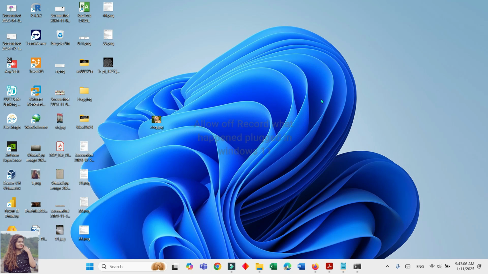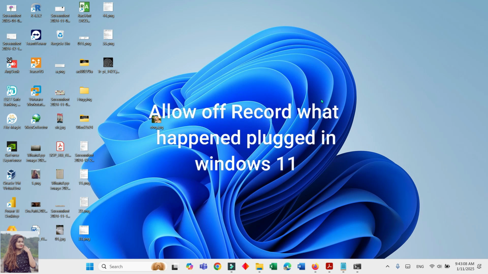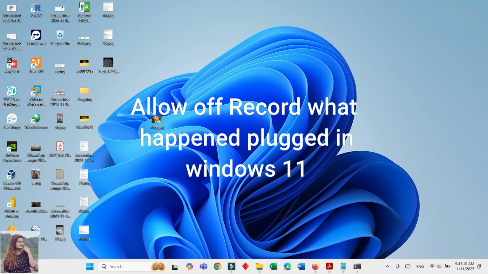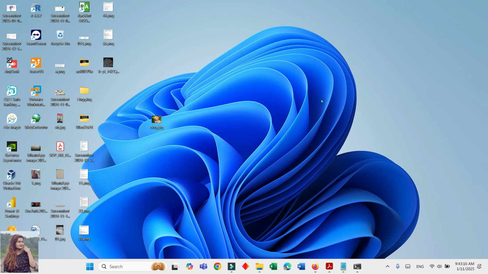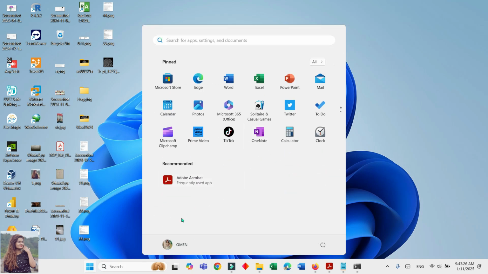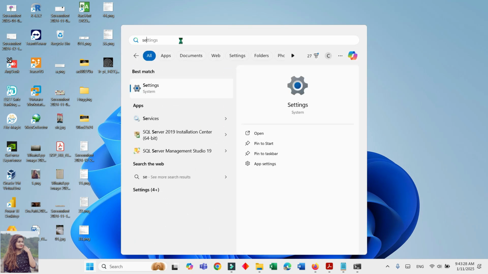Today in this tutorial I am going to show you how to turn on record what happened in Windows 11. So for this, I will go to the search option. Here the thing is available. Enter the settings option, see,